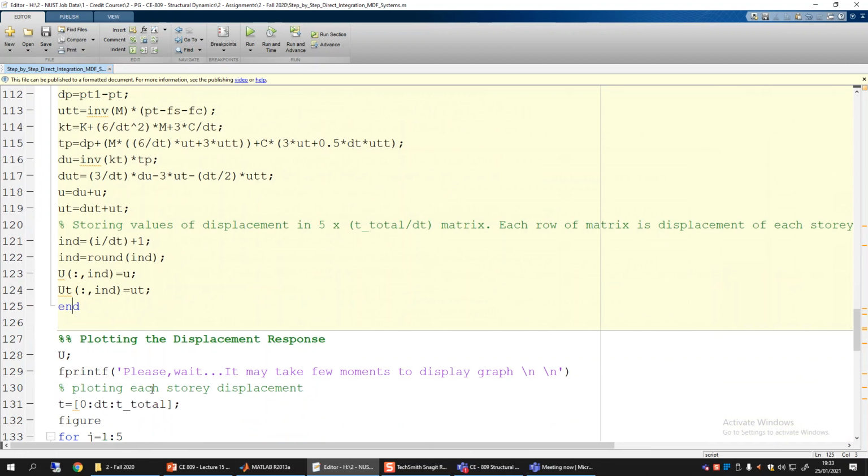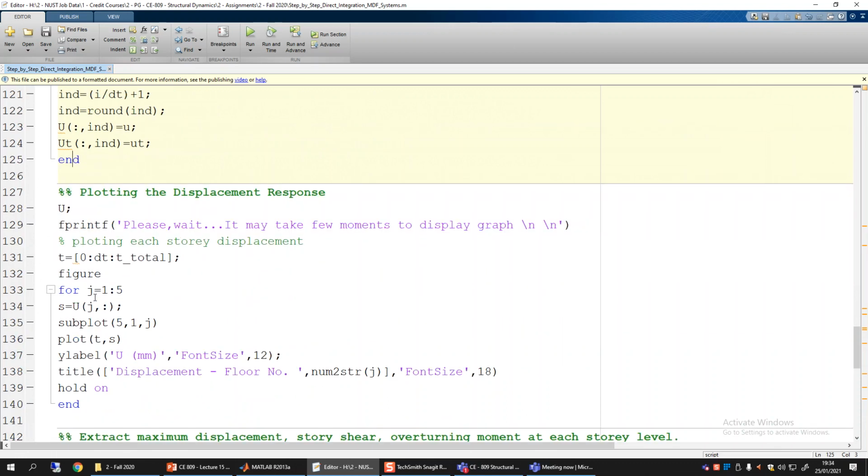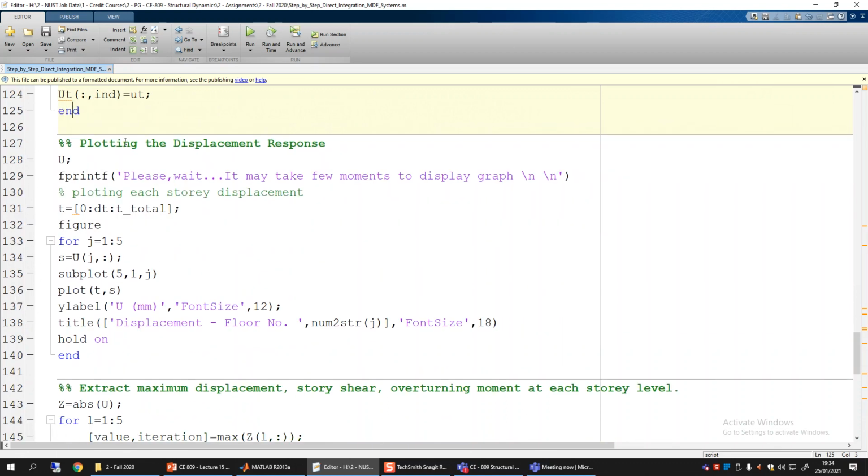Each time it will calculate a u and u dot, and it will be stored in the capital U and U dot vectors. Then each entry in the capital U and U dot vectors is basically plotted, and that will become the displacement for each story. Each row, or you can say each entry in the U vector, is plotted as a function of time, and then it will become the time history or the total displacement for the whole of the story.